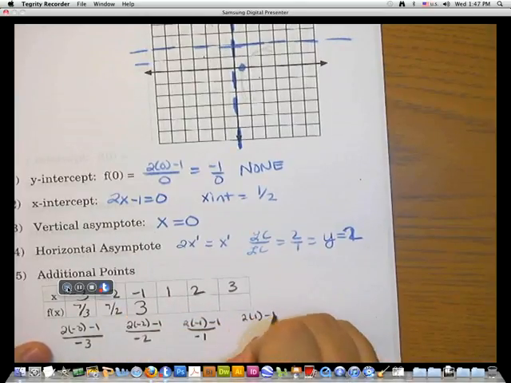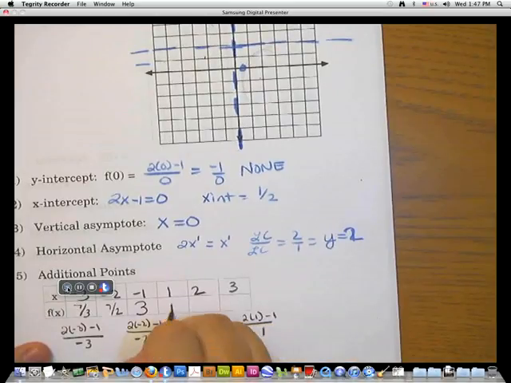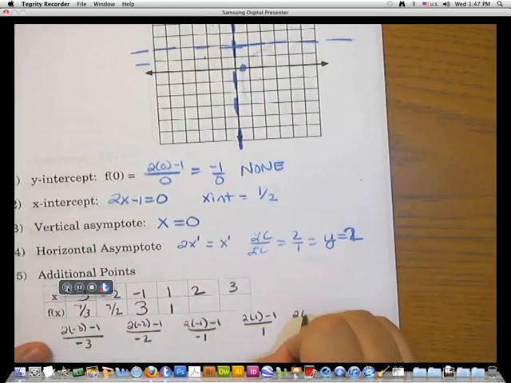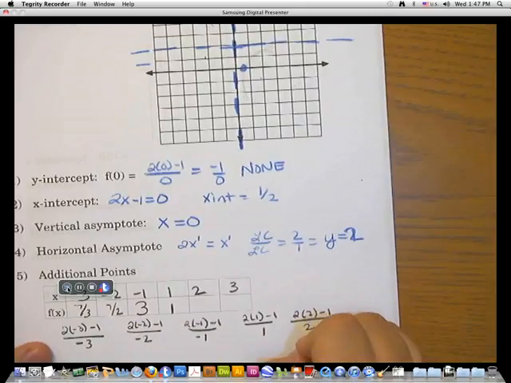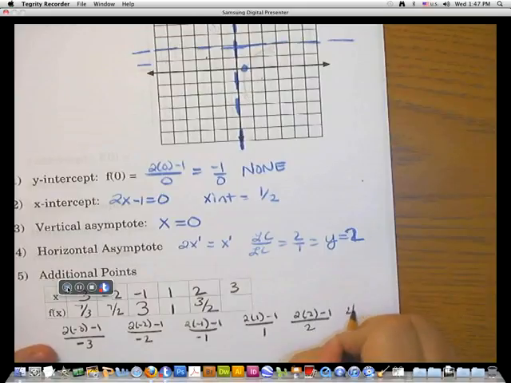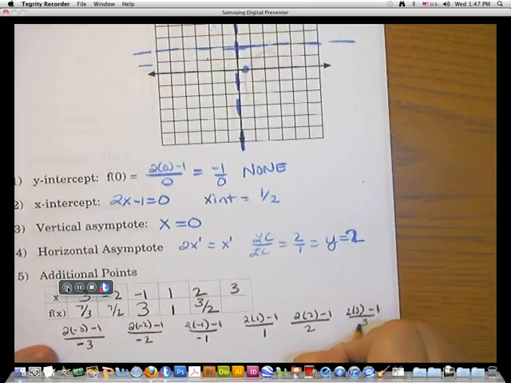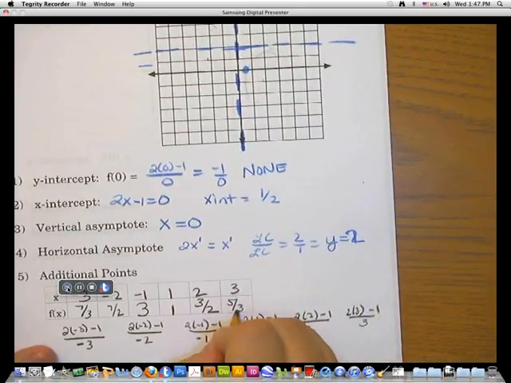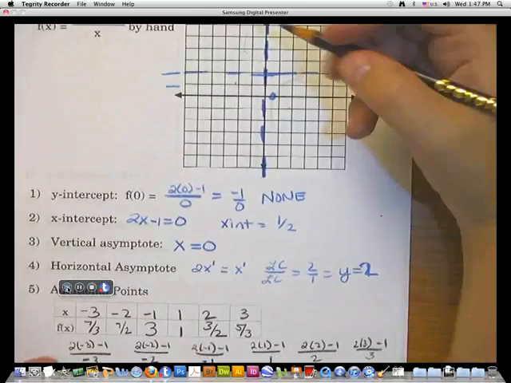Do it for the +1. I get 1. Do it for +2. I get 3/2. And do it for +3. I get 5/3. So when I plot these points,